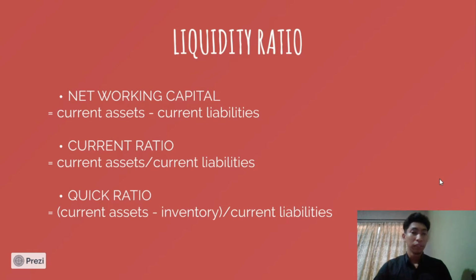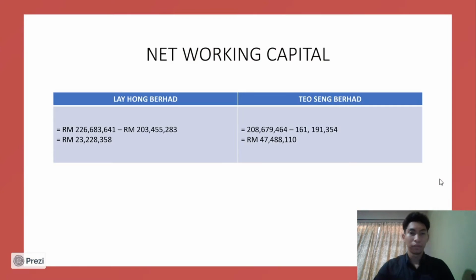So the formula for net working capital is current assets minus current liabilities, for current ratio, current assets divided by current liabilities, and for quick ratio, current assets minus inventory divided by current liabilities. Let us see first the net working capital. We can see the value for Lehong Berhad is